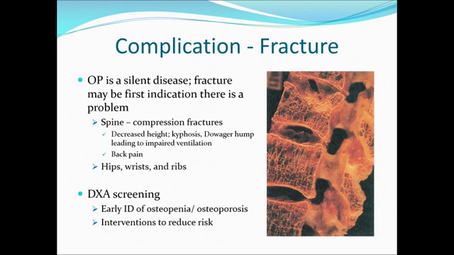Then we also have, of course, the hip fractures, the wrist fractures, the rib fractures, that are the three top fractures for older adults with osteoporosis. Again, DEXA screening is important if we can early identify those with osteopenia and osteoporosis. We can incorporate interventions to reduce the risk. The reality is, for women, by about age 80, women who actually have a diagnosis of osteoporosis, they've lost about 50% of their bone tissue in the vertebral column. So compression fractures are just huge. It's a huge problem for that population.